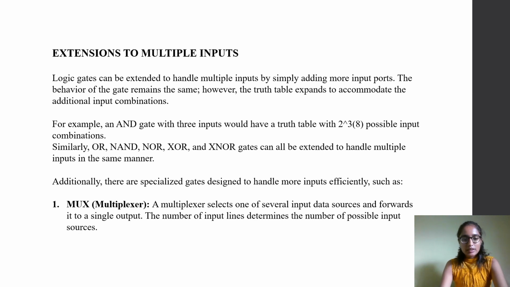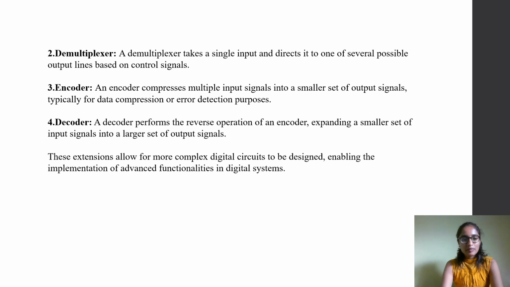A multiplexer selects one of several input data sources and forwards it to a single output. The number of input lines determines the number of possible input sources. Demultiplexer: a demultiplexer takes a single input and directs it to one of the several possible output lines based on control signals. Encoder: an encoder compresses multiple input signals into a smaller set of output signals, typically for data compression or error detection purposes. Decoder: